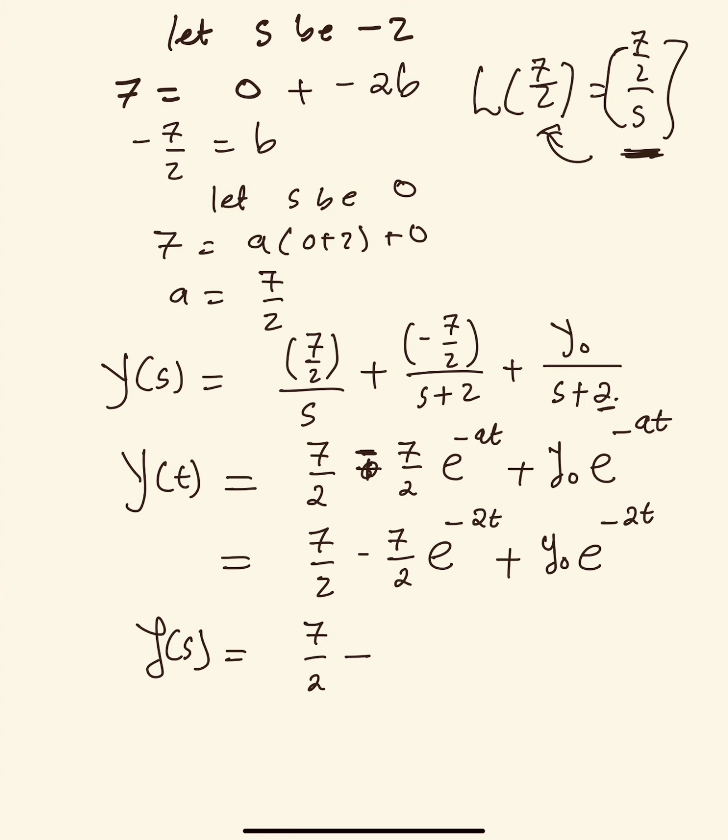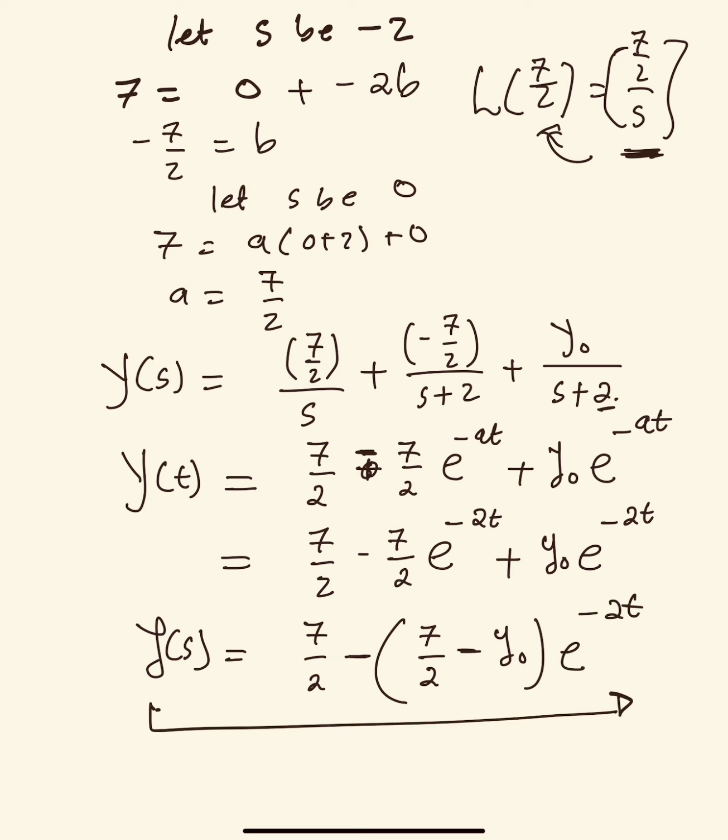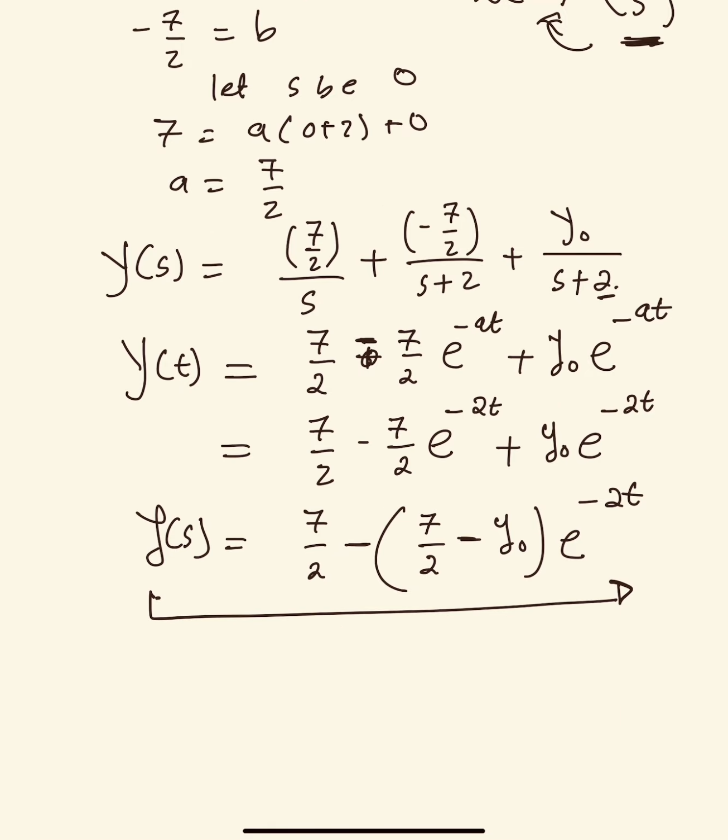So now you're going to have something like, let's say, 7 over 2 minus y naught e negative 2t. So now you have this expression in the time domain. You can solve this, you can draw a graph with this, and it's going to tell you how the level changes in the tank. So if you want to write this in terms of a tank, the height of the tank is described by 7 over 2 minus 7 over 2